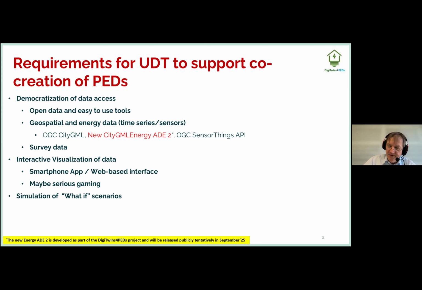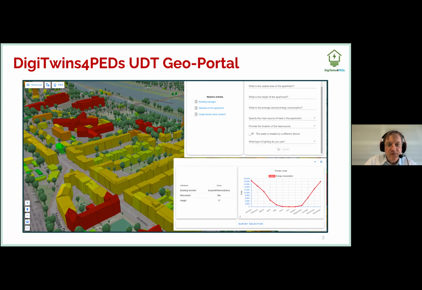In the end, we try to achieve a toolbox to build with components that exist, and we can plug them together via standardized interfaces. And we try to use open data as much as possible. It's not always possible, but mainly what is possible we want to do with open data. Here you see an example from the Wroclaw use case.